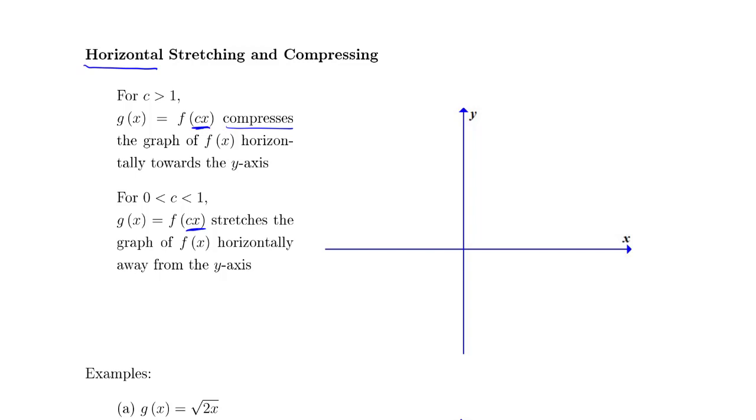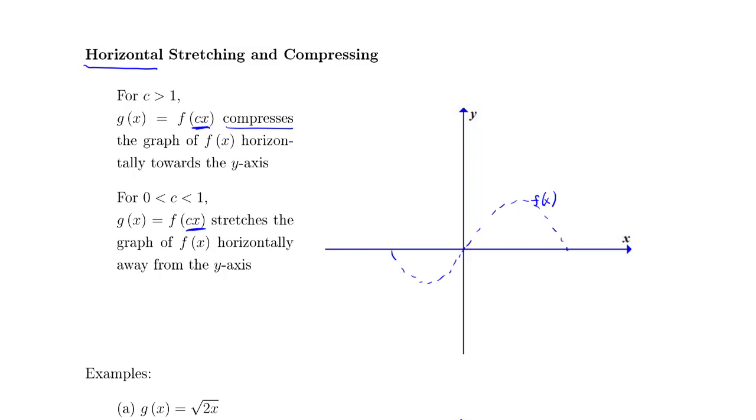Okay, so imagine we start with the same basic function, something that looks like this. All right, so this is what we're considering our f of x. That's what we're starting with. And if we multiply the x by a number that's bigger than 1, then this is going to compress it